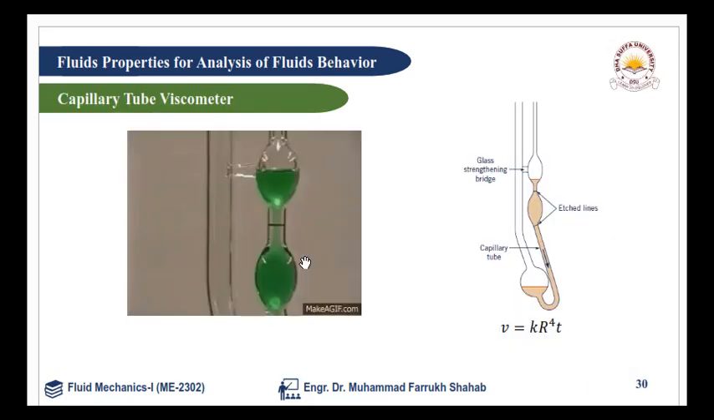Moving further, a viscometer is a device which is used to find the viscosity of the fluid. Actually, this is a very simple device, and there are other sophisticated devices used to find the viscosity. So moving further,